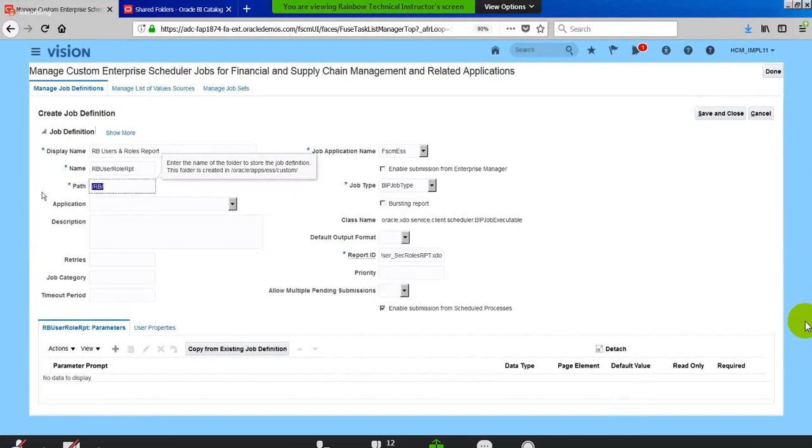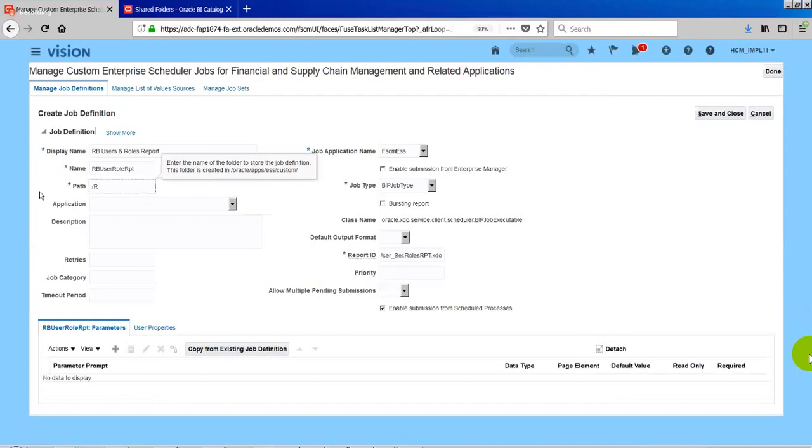So I will give it as... But anywhere else, can we see the list of directories which are available in custom? As far as I know, we can't, but let me check on that and get back to you. If any new resource comes to the project and wants to create a new job in an existing directory, they should know what directories are available. Yeah, I took a note of it. Let me check and get back to you tomorrow. But as far as I know, we cannot check.